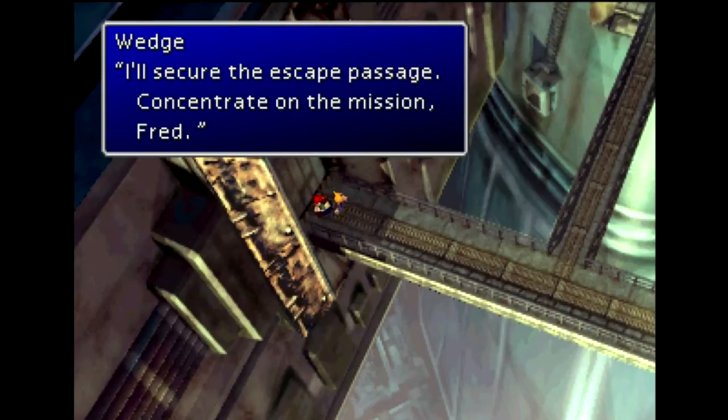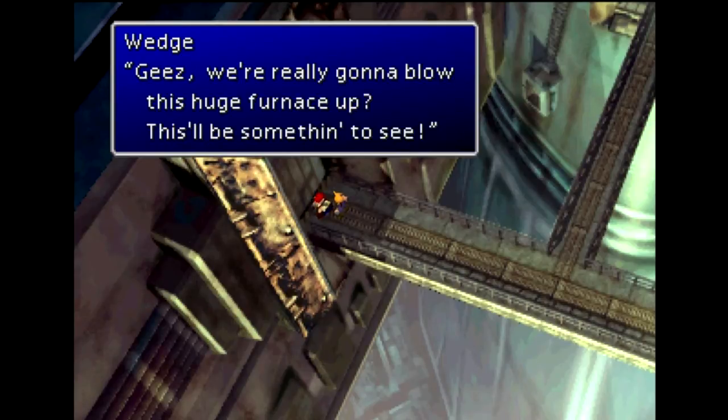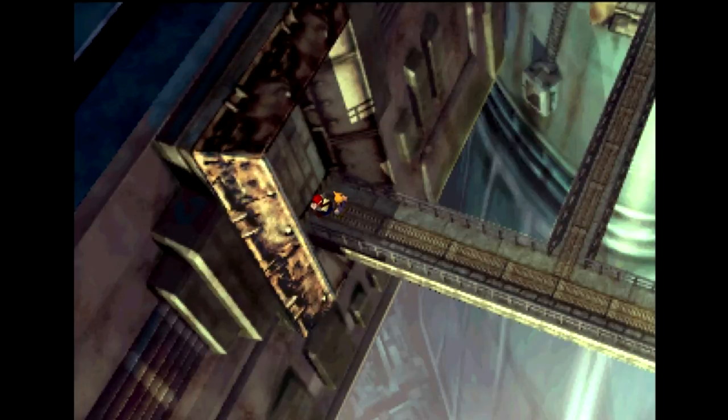Wedge is this guy's name. How you doing, Wedge? Oh, Biggs and Wedge. Makes sense. I'll secure the escape passage. Concentrate on the mission, Fred. Jeez, we're really gonna blow this huge furnace up? This'll be something to see. In case you guys have